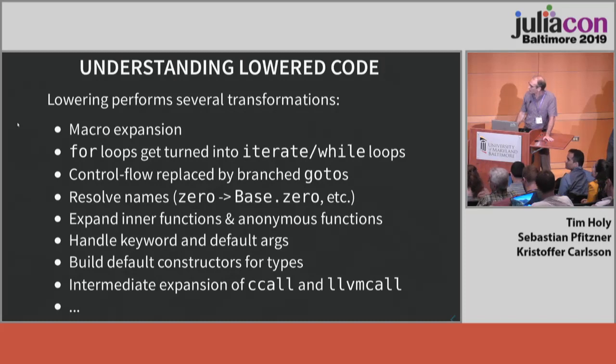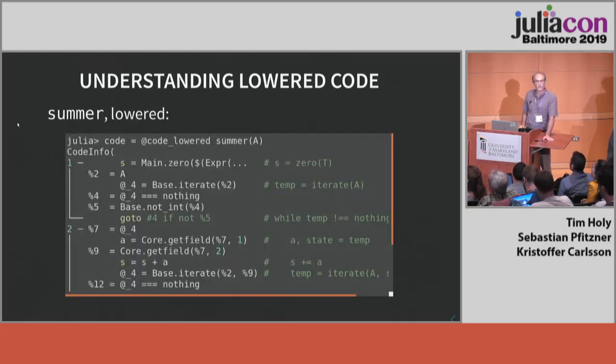And when you first look at lowered code, it looks daunting because it's filled with all of these kind of strange symbols. But with just a little bit of time invested, you can figure it out quite easily. So the key message is that there's really a pretty good correspondence between code you might write and the code that's lowered. So for example, all these symbols here, like these %2s, these are local temporary variables that are defined by the line number they're created on. You have other temporary variables that are here. You see these hash numbers, but they just basically mark a block that you're about to jump to,